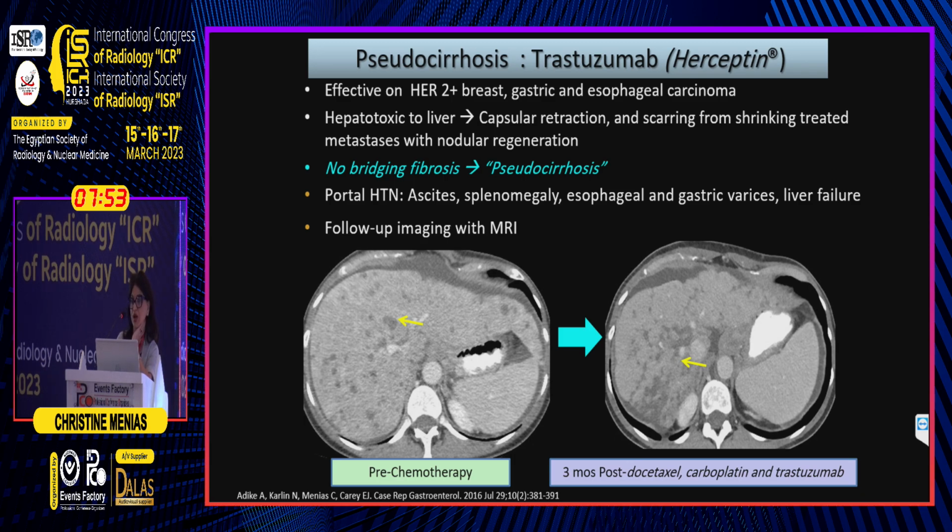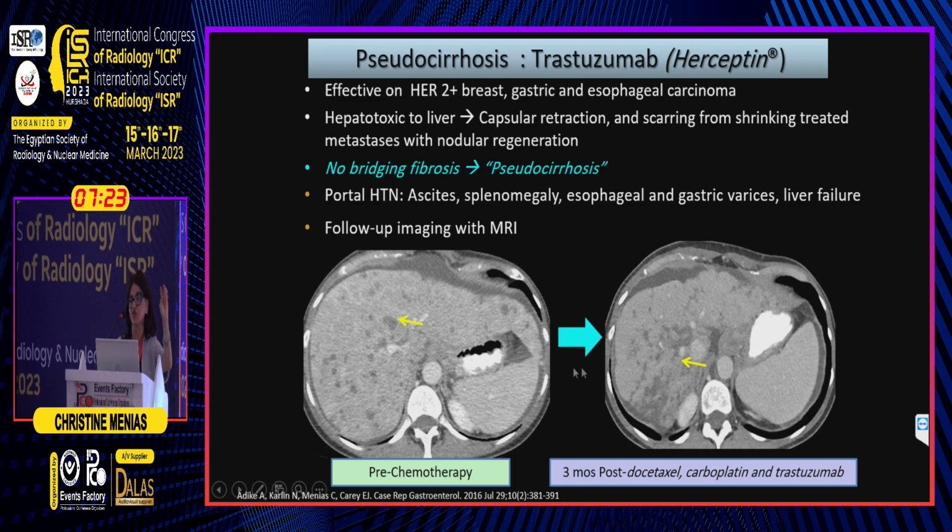Let's talk about trastuzumab, Herceptin. It's a fantastic medicine on many of our GI cancers that are HER2 positive, esophageal, GE. We know our breast cancer patients are on it, but it is hepatotoxic to the liver. It is. We can't do anything about it. It is hepatotoxic. It allows, particularly if there's tumor in the liver, it allows, with its retraction and resolution, it